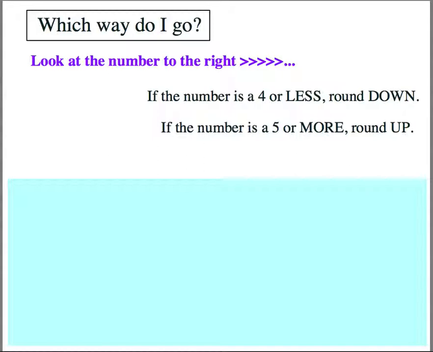So when we talk about rounding numbers, which way do we go? Do we round them up? Do we round them down? What does that even mean? What is rounding a number? Well, when we take a number such as 37, and we hear the question, round this number to the nearest